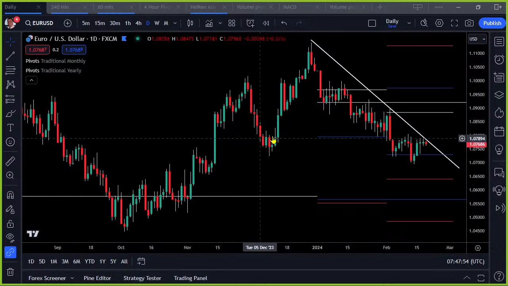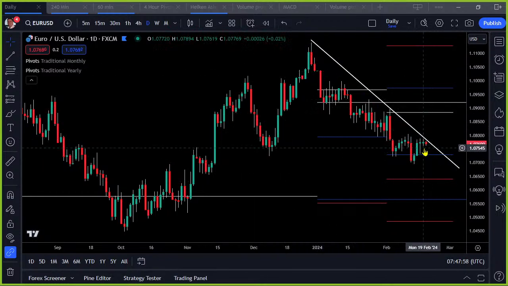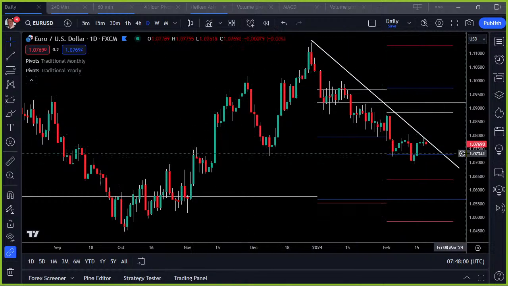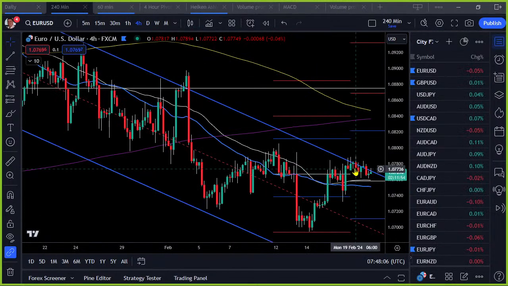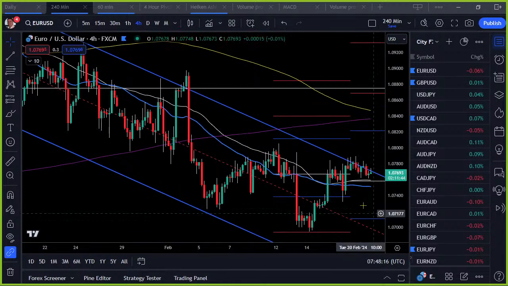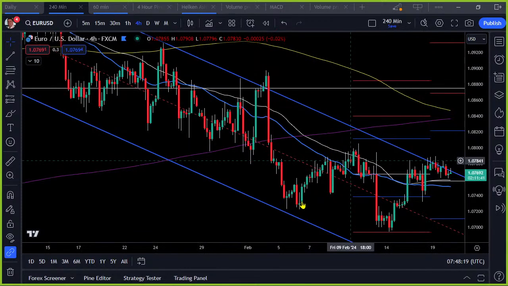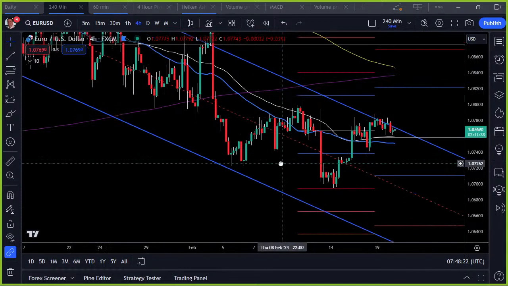Right, let's get on and look at the technicals. Well, the technicals, the euro, yesterday went up. It just came shy of the underside of my trend line here. Maybe my trend line is slightly off, but it's around that area. I've got a regression channel sitting here that it's into at the moment, and it's been knocking on the door of it. The question is, is it going to break down? The 4 hourly picture here. Let me just pull it back a bit so we can see a bit clearer.